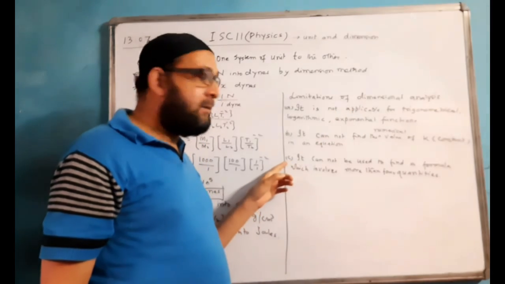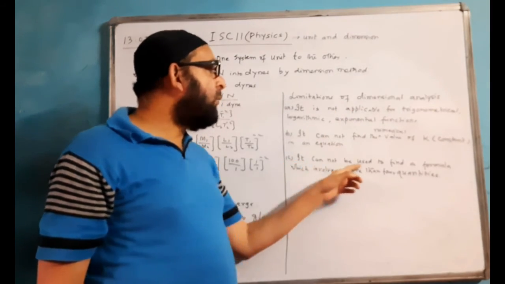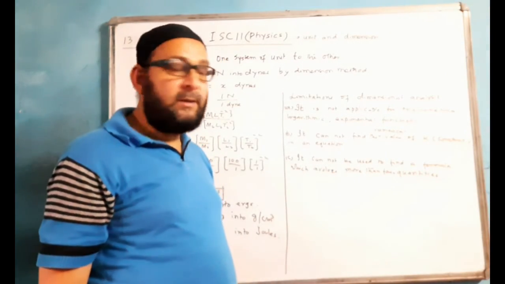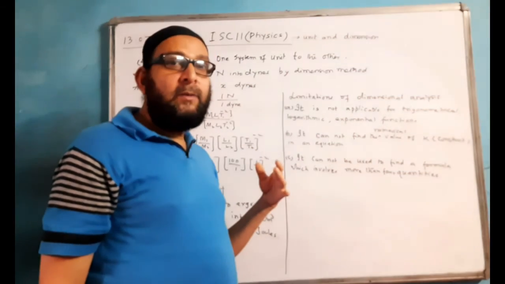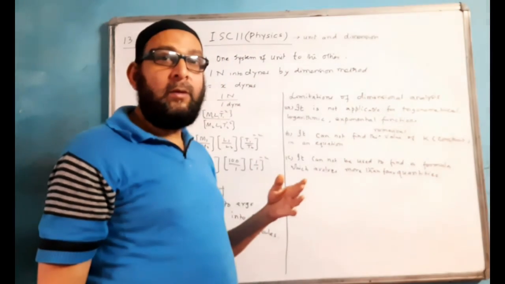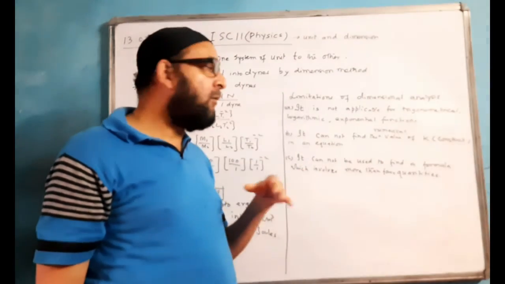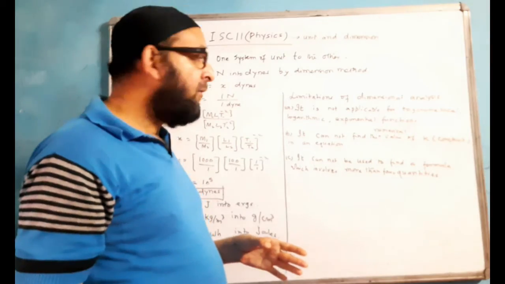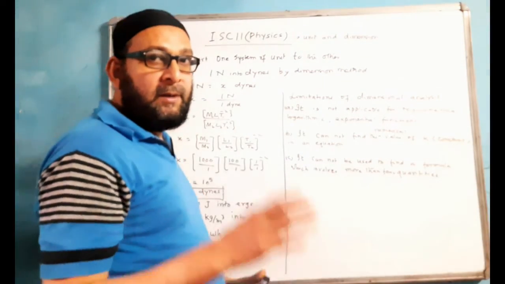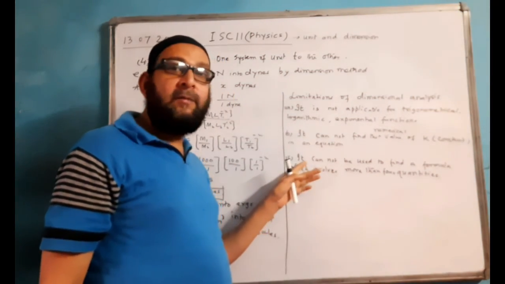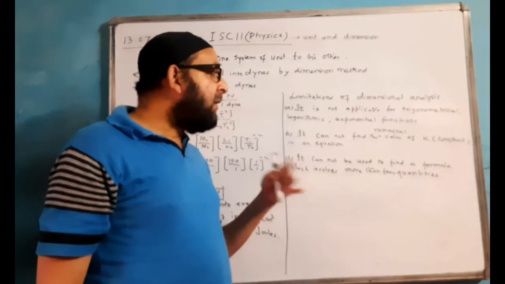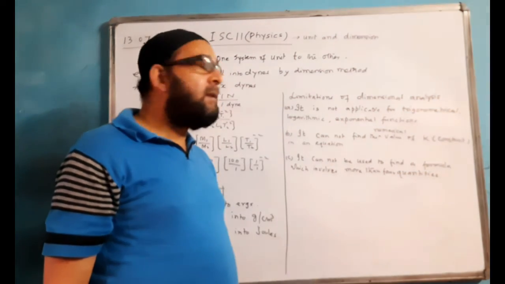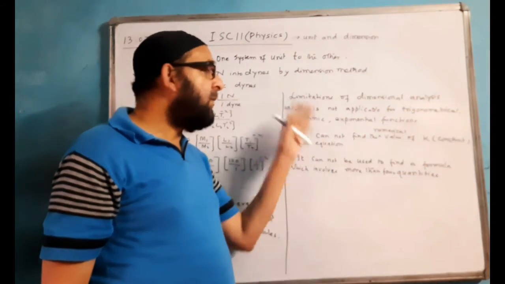And the third one is it cannot be used to find a formula or expression which involves more than 4 physical quantities. You can only find the formulas where at the most 4 quantities are involved. If the quantities involved in a formula are more than 4, we cannot apply the method of dimension and find a formula for it. You must have seen previously, whatever equation or expression we found, there, at the most, there were four unknowns. Then only we can apply the method of dimension. Otherwise, the dimension method fails.